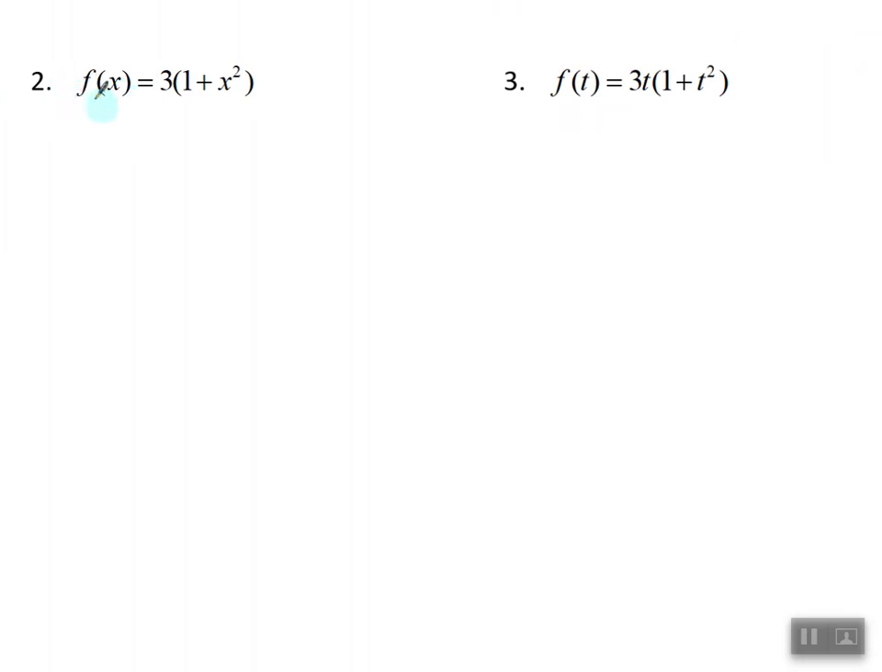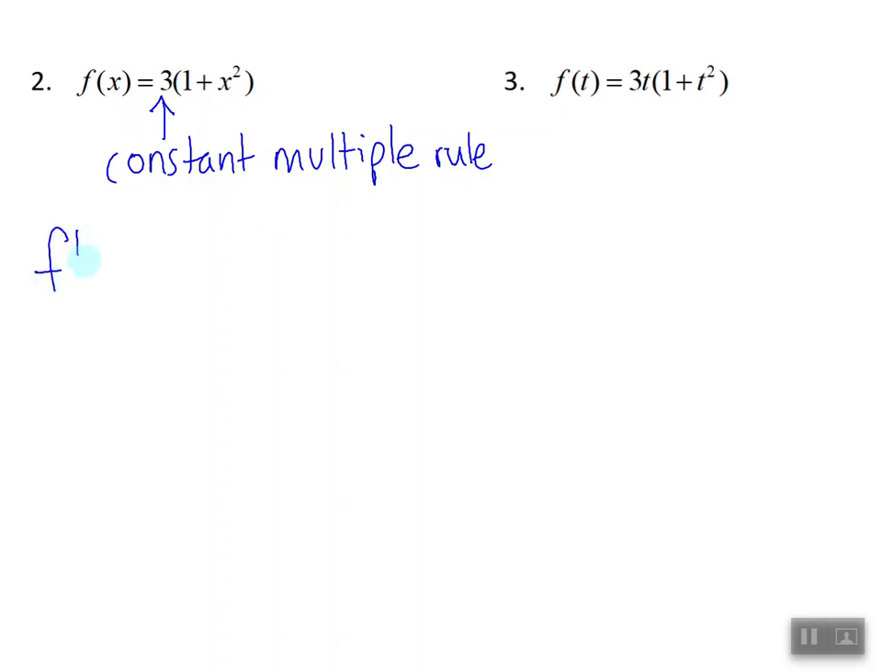In number 2, we have f of x equals 3 times the quantity 1 plus x squared. Now, of course, this can be considered a product of two functions, the first function being 3 and the second function being 1 plus x squared. But the first function, being 3, does not have an x in it. Instead, we can think of this as just our constant multiple and not needing a product rule, just thinking of our constant multiple rule,